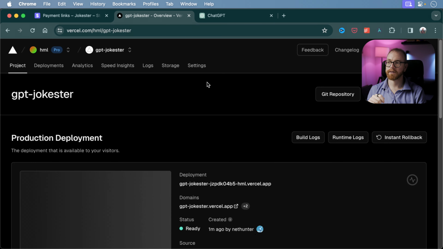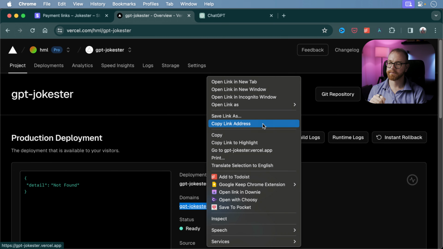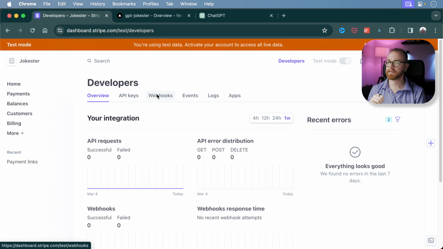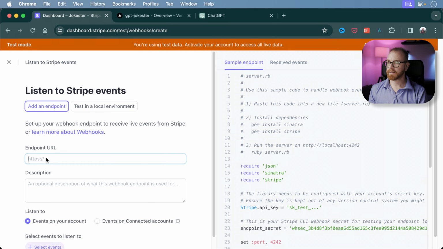We need to add a few other things. We get here the URL for that project. So we need to copy that, copy link address, and then we go here to developers and create a webhook. Basically, we want our project in Vercel to know when somebody paid on Stripe. So we go to webhook, add an endpoint, and then we paste the URL that you just copied